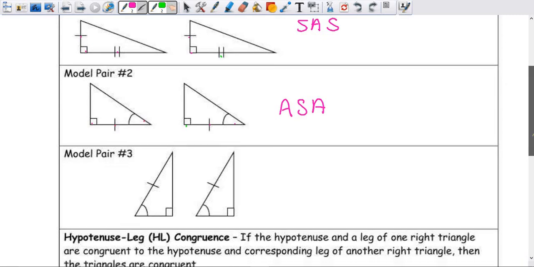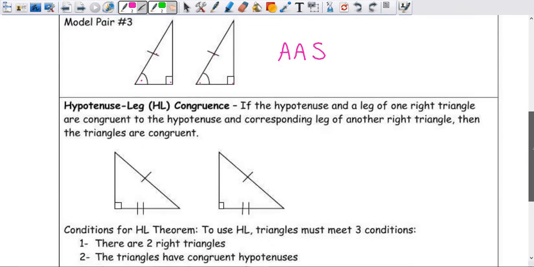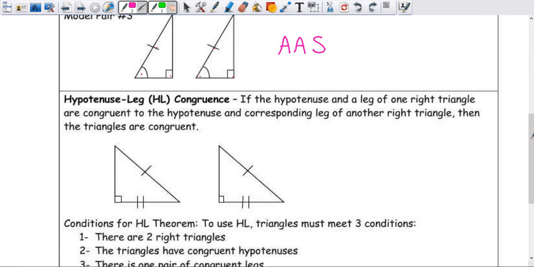In the pair number 3, let's look at what we've got. We've got angle, we've got another angle, and we have a side. So here we have angle, angle, side, because the side was not in between our angles. So we can still have regular triangle congruency statements with right triangles, but you may also have this new one